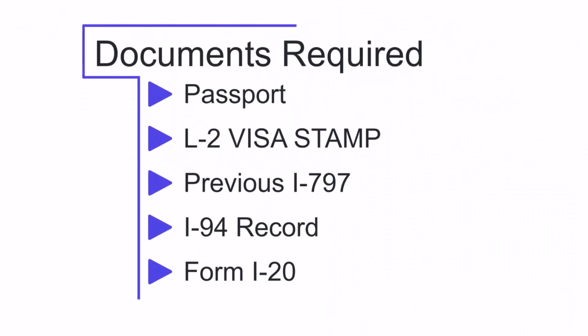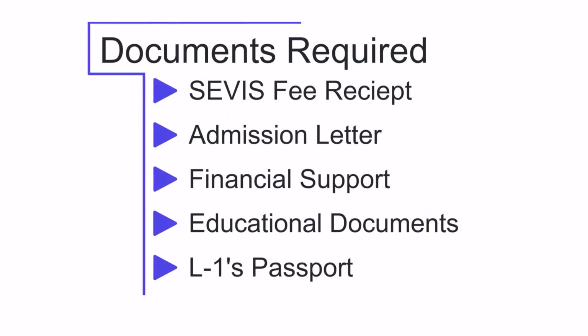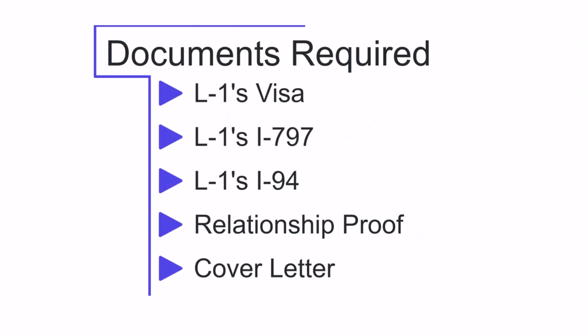Before we begin, make sure you have the following documents ready: your passport, your current L2 visa stamp, any previous I-797, I-94 record, Form I-20, service fee receipt, school admission or acceptance letter, proof of financial support, your educational documents, L1 principal passport, L1 principal visa, L1 principal I-797, L1 principal I-94 record, proof of relationship with the L1 principal,